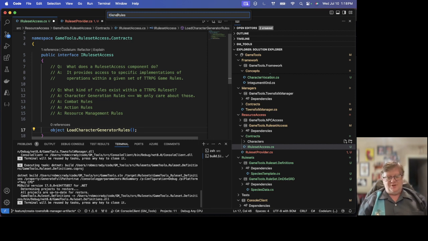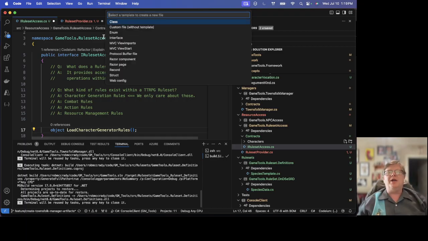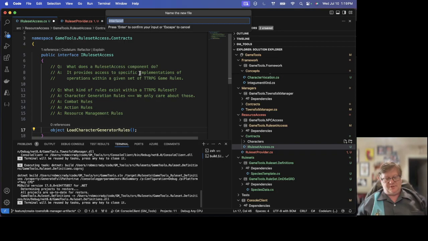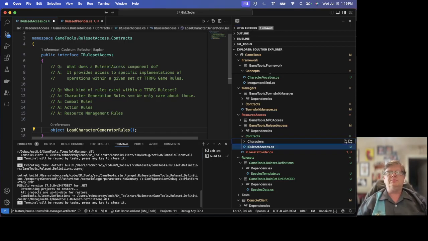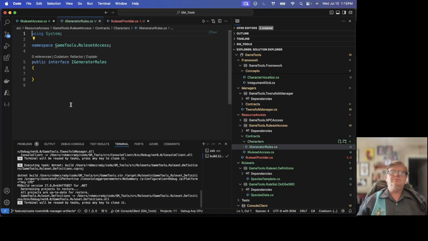I generator rules. And of course, I jumped the gun and didn't say I want an interface. I want generator rules. And our generator rules, well, we need to be able to